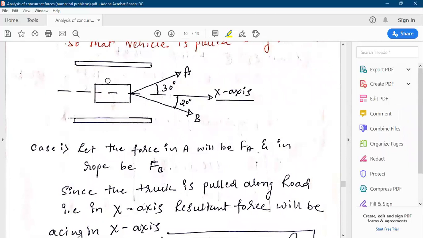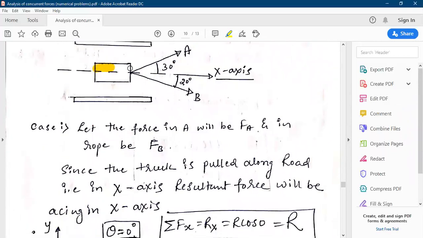There is a truck here which has broken down, and we have to pull the truck along the road. That means the vehicle will be moving along the x-axis. So when the truck is pulled along the road, we have to pull it along the x-axis, by applying force in rope A and force in rope B. In the first part, they are asking